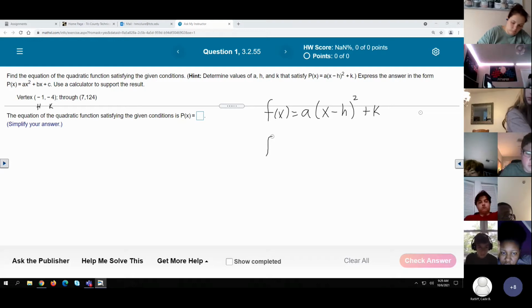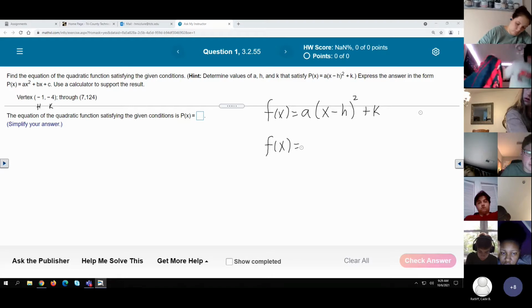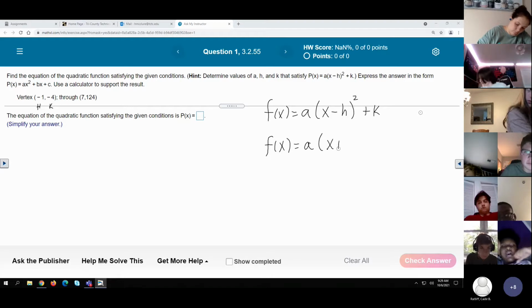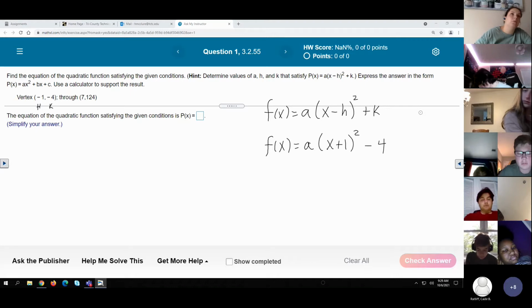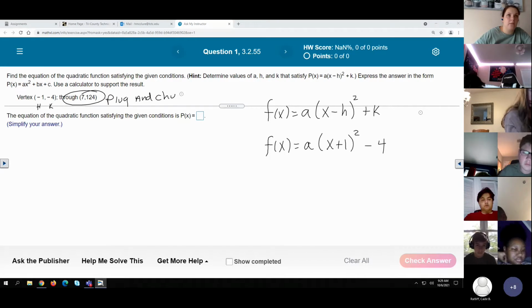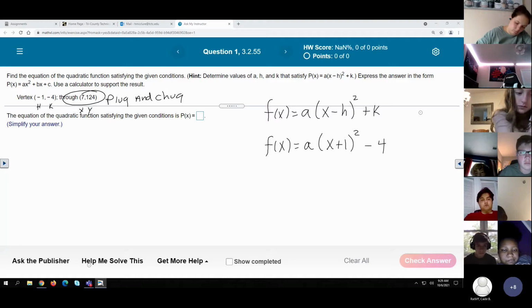So that's F of X is equal to A times X plus 1, quantity squared, minus 4. So there's that. Now we're going to take this, plug and chug. That's X and what? Y. So 124